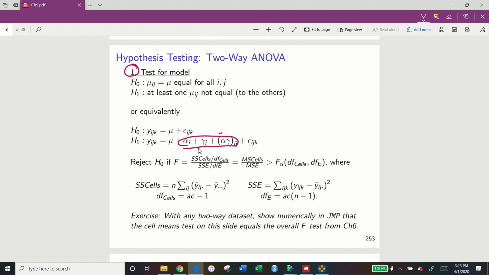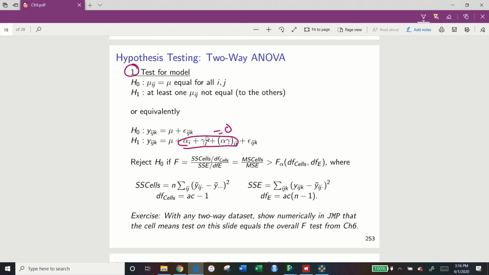So this would be essentially 0, showing that the main effects and overall effects have no effect. So we will reject our null hypothesis if F, which would be equal to our sum of squares of our cells divided by the degrees of freedom of the cells, all over our sum of squares error divided by the degrees of freedom error, which we can simplify down to the mean squared cells over the mean squared error, is greater than F alpha for the degrees of freedom cells, comma, the degrees of freedom error,